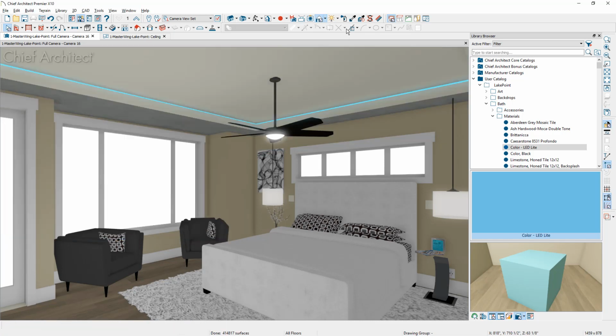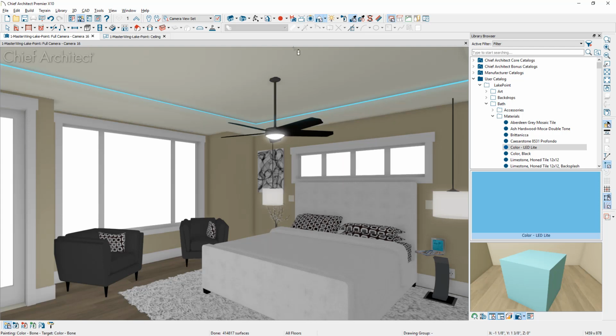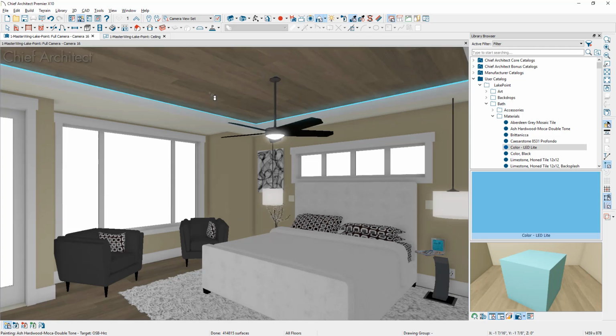I'm going to use a material eyedropper. It'll make a few changes. One, I'm going to use the material off of the ceiling and apply that onto the soffit. Then I'm also going to use the material eyedropper, grab the casing material, and apply that just below the LED strip light, difficult to see in the video. And then finally I'm going to use the material eyedropper to grab the material off of the floor and apply that onto the inset